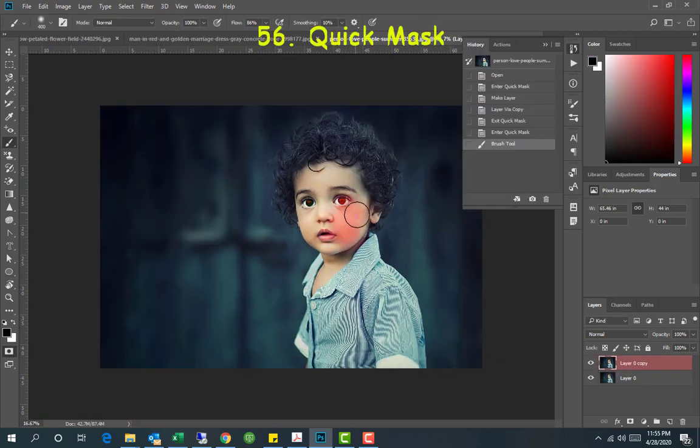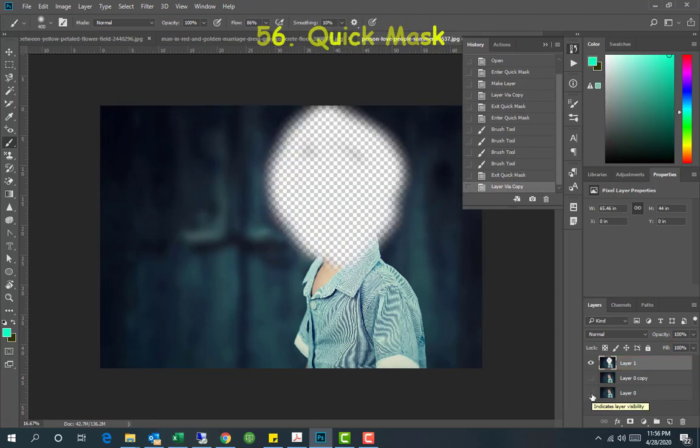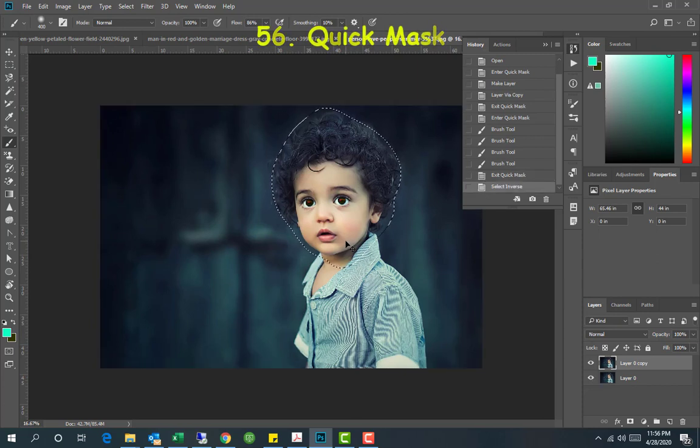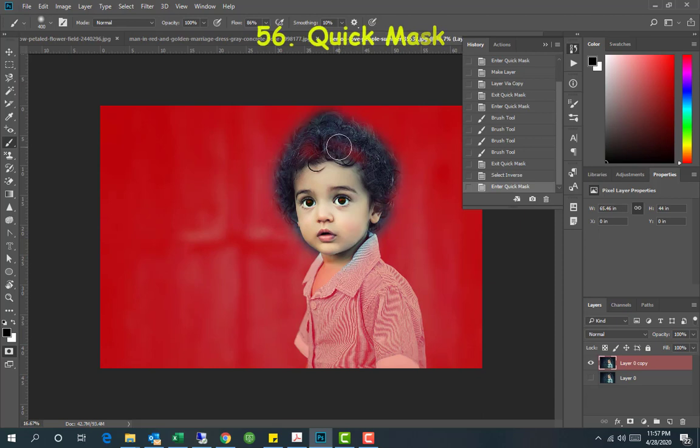Let's duplicate layer now. Click on quick mask, select brush and paint over the area you want to hide. It will color in red. See, face is now gone. You can also do the opposite by pressing Ctrl+Shift+I. It will invert the selection. Now everything will be gone except the highlighted area of face. As you can see, there are still some leftover area in hairs. We can adjust it by going to quick mask again and painting with white brush.